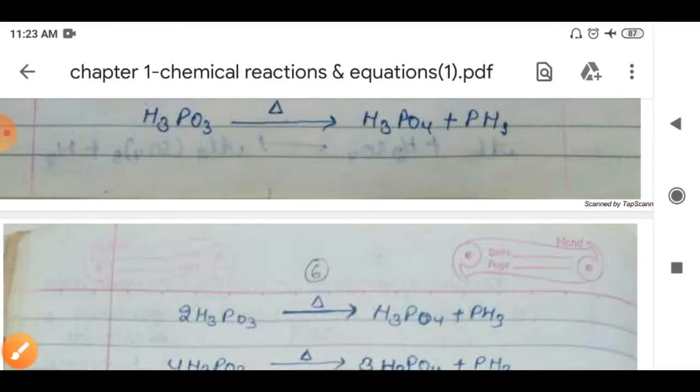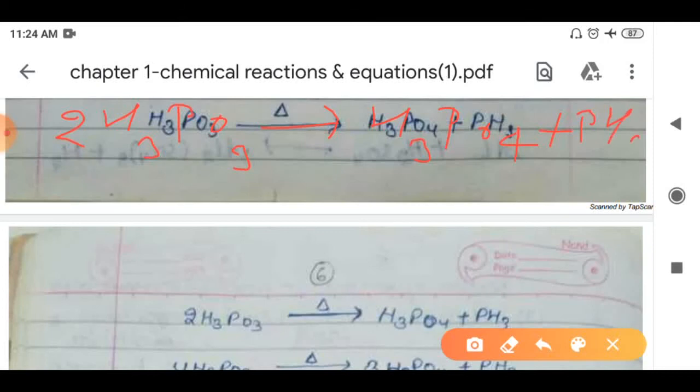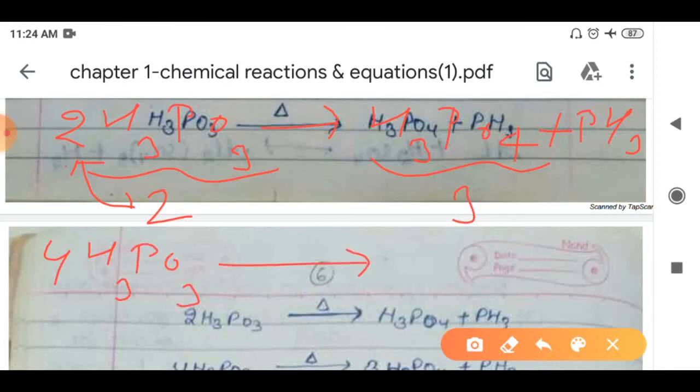क्या था हमारे पास, ये आ चुका था कि twice of H3PO3 and this is multiplied by H3PO4 plus PH3, राइट? नाउ इधर की साइड जो 6 थे इसको तो हमें 2 से मल्टीप्लाई करना है, और इसको 3 से मल्टीप्लाई करना है, राइट? जस्ट ट्राई टू डू इट. जब हम इसको 2 से मल्टीप्लाई करेंगे तो 2 into 2 दैट इज इक्वल टू 4 H3PO3, राइट? एंड नेक्स्ट जब हम इसको 3 से मल्टीप्लाई करेंगे तो दिस वुड बी 3 H3PO4.